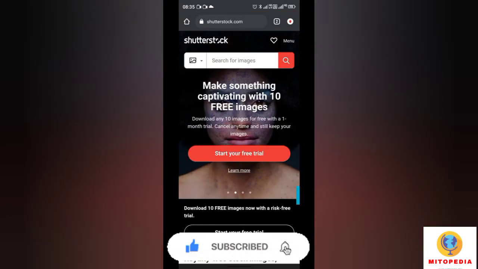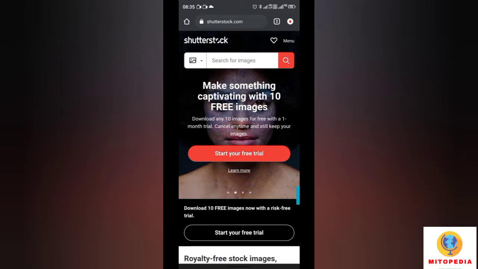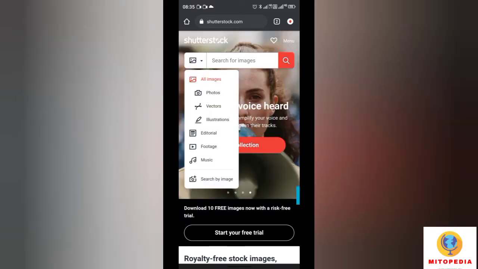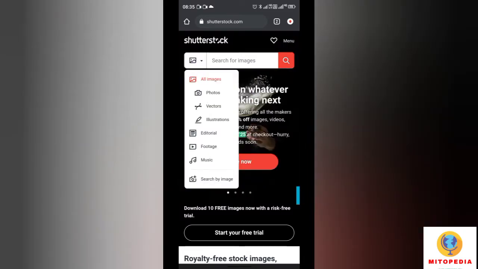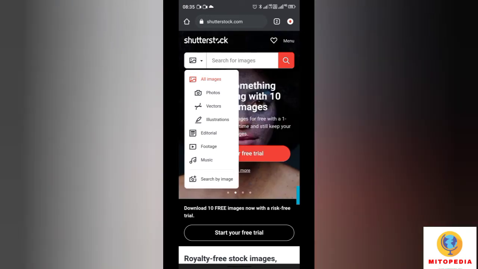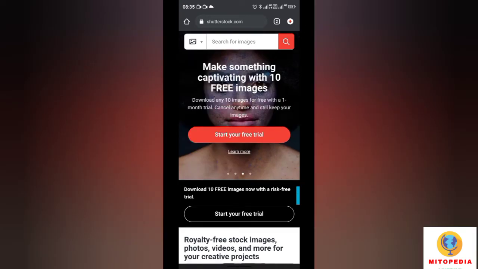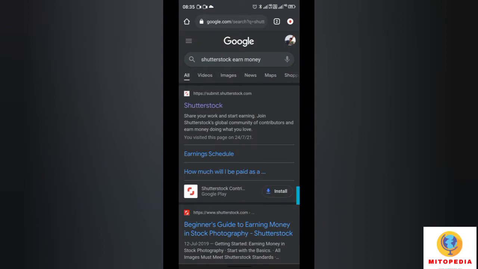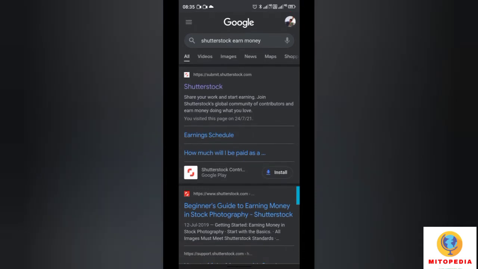For those of you guys who don't know about Shutterstock, Shutterstock is a marketplace where you can buy images and videos. You can also buy vectors, illustrations, editorial content, footage, and music. Now let's see how we can earn money using Shutterstock. Open Google and search for Shutterstock Earn Money. Then we need to look for the website called